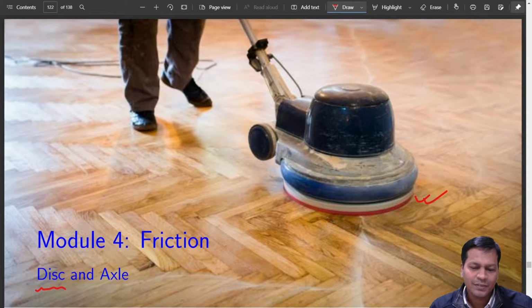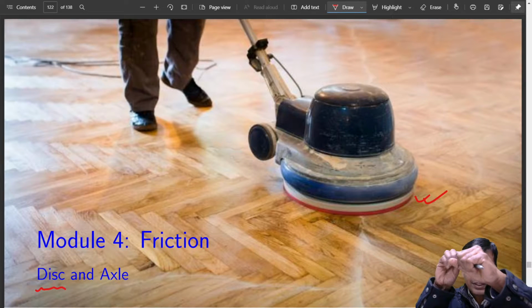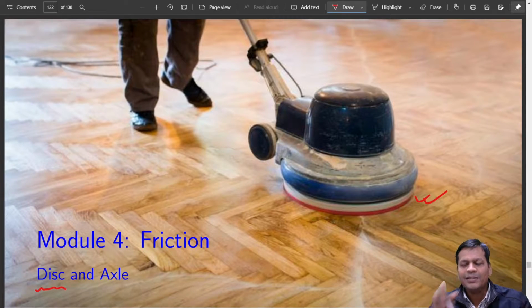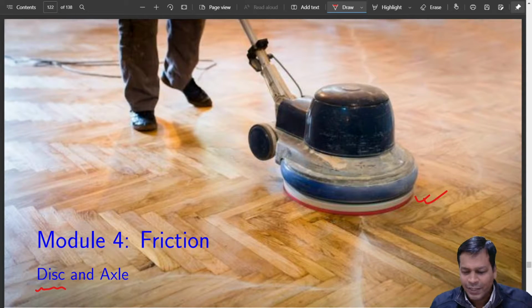And what is axle friction? If it is a wheel which is sitting on this, there is a friction inside also. If it is holded, so that is axle. So axle is where your cycle rim is fitted. Whole of the cycle is there. So that axle gets into two side bearings, so there may be that friction also that exists. So anyway, these are the two types of friction that we are going to deal with now.